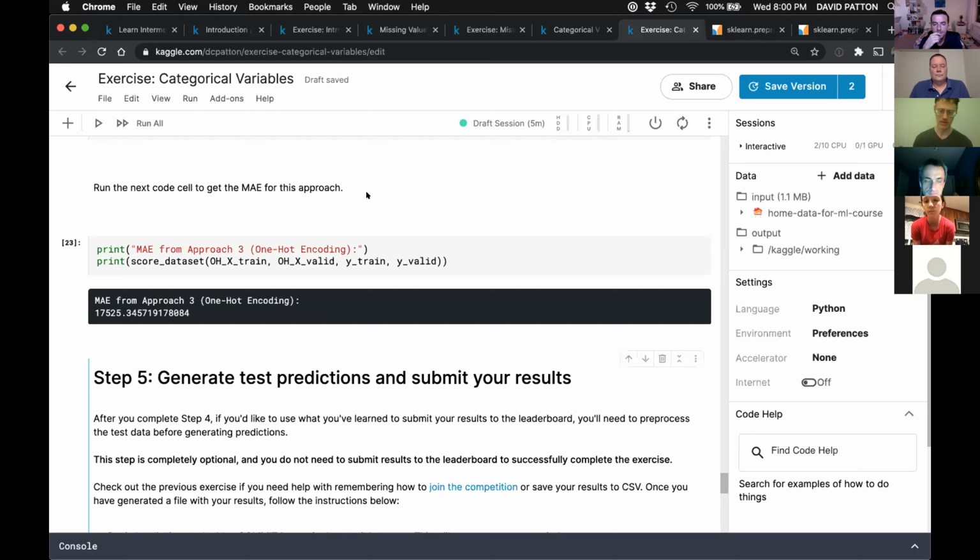Another thing I would suggest as a consideration here is you want to think about how many different unique values a categorical has. For instance, if it has only 2 values, then you're fine representing it as a number, right? 0, 1 allows you to distinguish between those 2 categories just as well as the names. Even if there's only 3, maybe a tree-based model can do well. But if you have a whole lot of different categories, then trying to encode them with an integer label encoding is going to introduce some ordering that has no meaning.